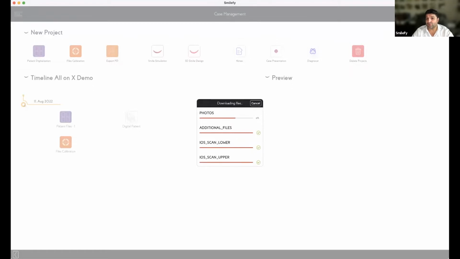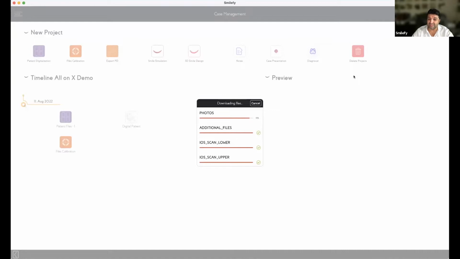Do you have questions so far? If you have questions, please ask. Yes, it's going to be in the replay. Can we import a DICOM file? Of course, yes. We have the DICOM file inside Smilefy with DiagnoCAD.